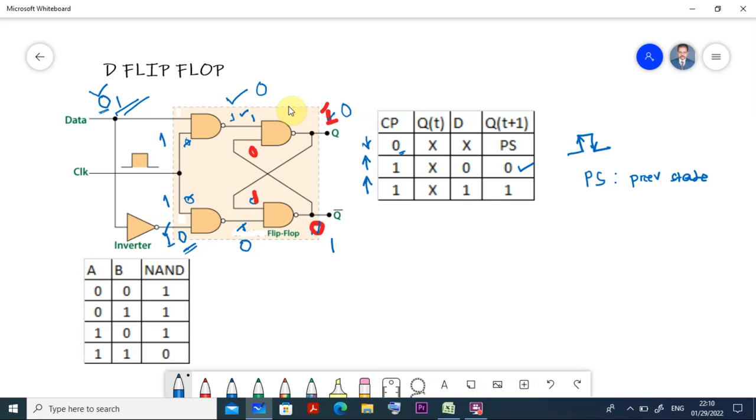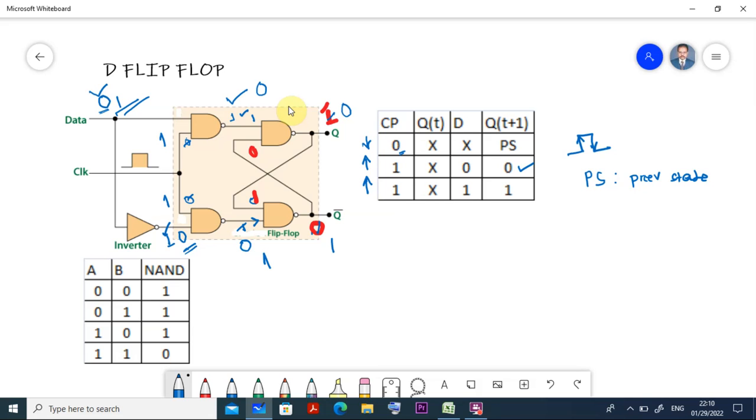Similarly, here 1, are you following me? When d is equal to 1, this is 1 and this becomes 0. So 1, 0, 0, it becomes 1 here. Now it becomes 1 here. Okay? Here it is 1, and here also what we got is 1. Got it now? So in that case, what will happen?